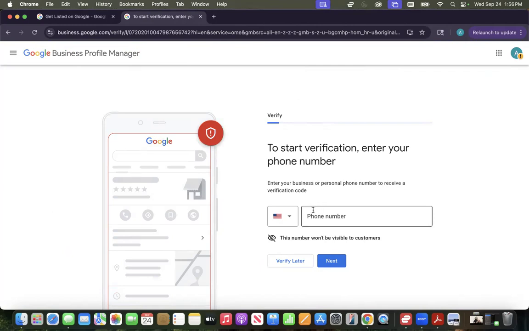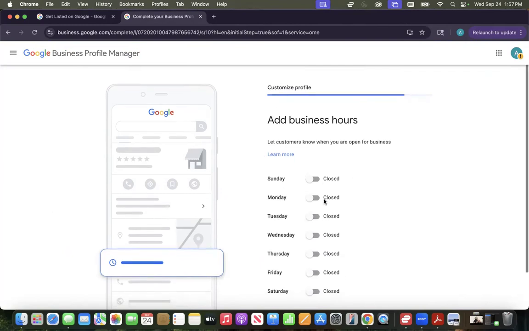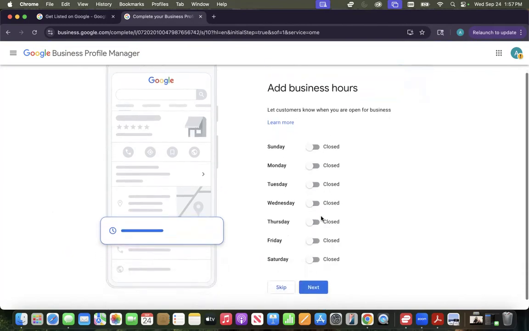Now it's going to ask you for the verification. We're going to do this later, but you want to verify this because this is the number it's going to put on your profile for customers to reach out to you. So we're going to skip this step and then we're going to add our hours. Whatever hours you want to put,